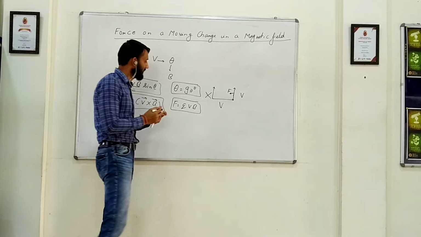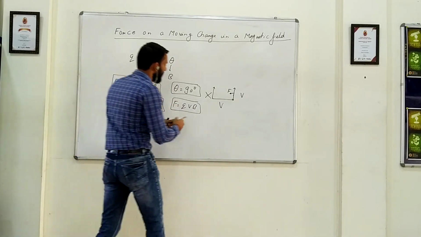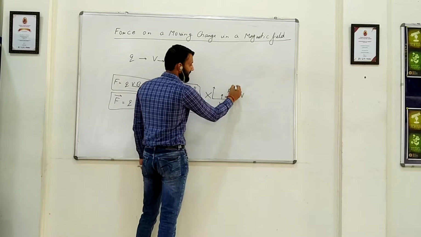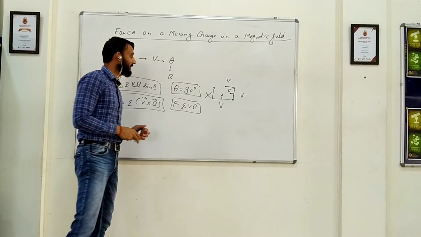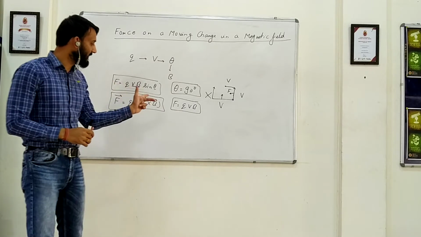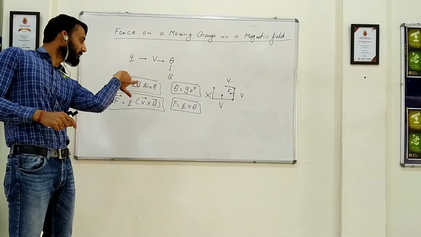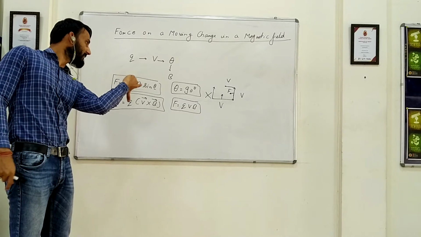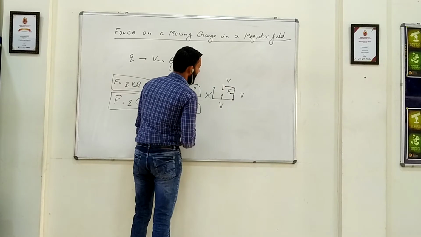Let me again do it for this. So this okay, it was upwards. Now let us say the velocity is in this direction. Again, magnetic field is inwards, and if you place it like this, so thumb is pointing downwards. So force is in this direction, right?